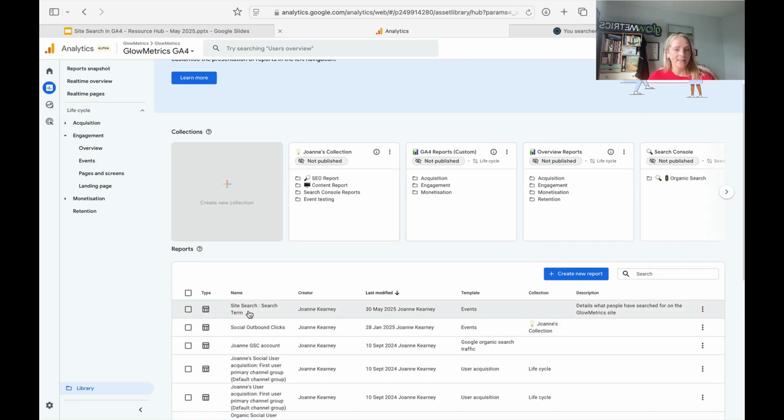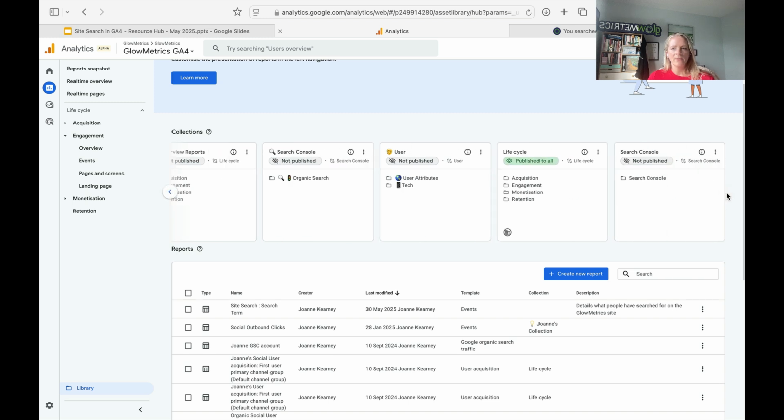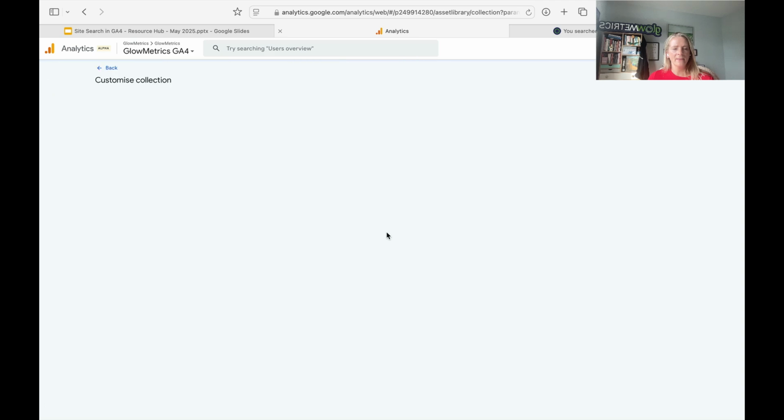and I can see this is the site search report that I've built. So what I want to do is add this to my life cycle report under engagement. So if I scroll over here, I want to find the collection that relates to where I want to add this. So if I click to edit,